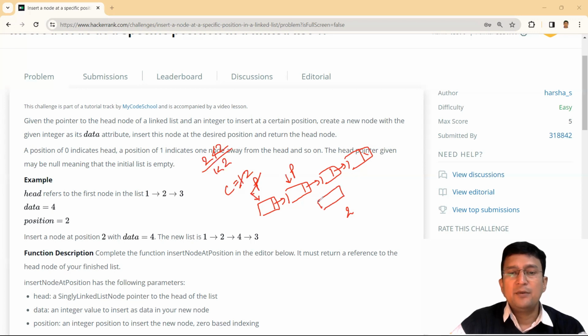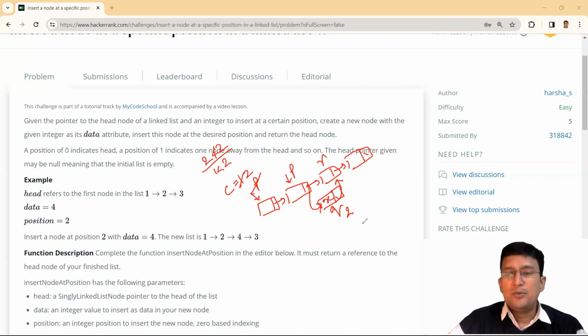So this is somewhat like insertion of a node after the P node. The new node will contain the address of the next node and P will take the address of the newly created node. Let's say this is Q. For the insertion, let's say R is the address of the node next to P, and Q is the newly created node. Q takes the address of R and P takes the address of Q.